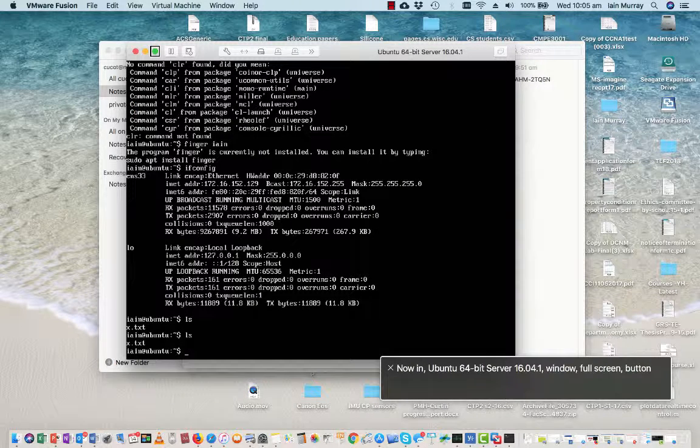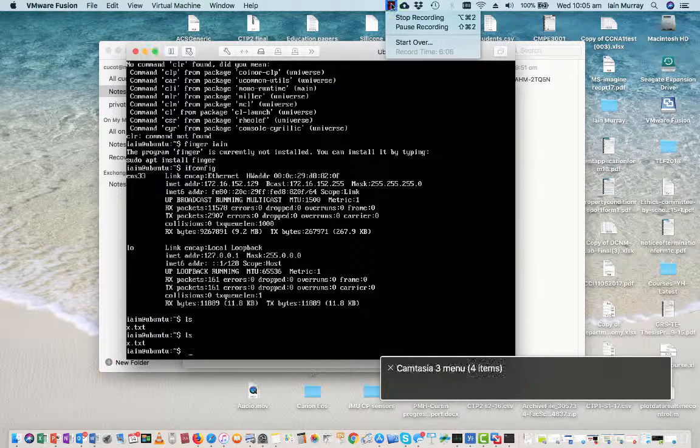Virtual machine library, now in help with. 64-bit server 16041 window, full screen. Okay. Camtasia 3 menu,